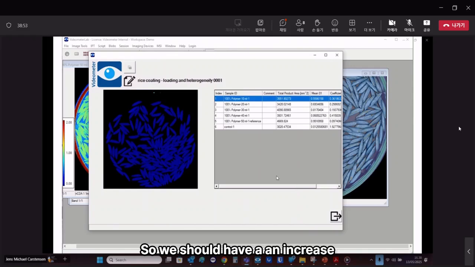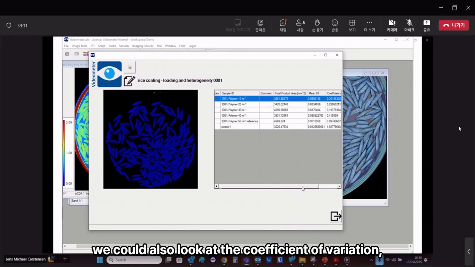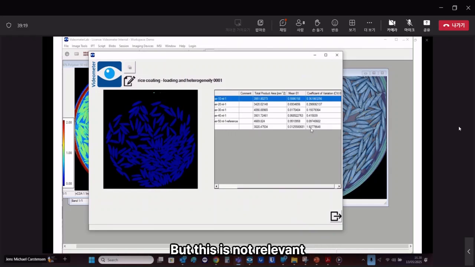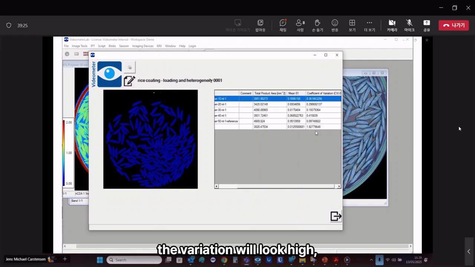So we should have an increase in loading here, as we see from 0.55, 0.69, 0.81, 86, 95, and around 0 for the uncoated one, the control one. We can also look at the coefficient of variation, which is quite large for the uncoated one, but this is not relevant. This is because the mean is so low that the variation will look high. But for the coated parts, it will be meaningful, and it will say that